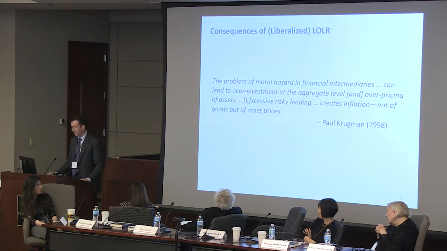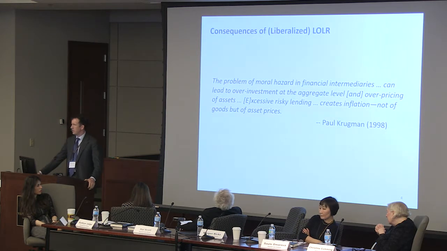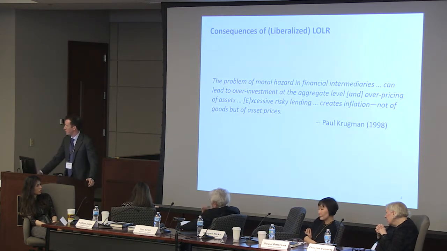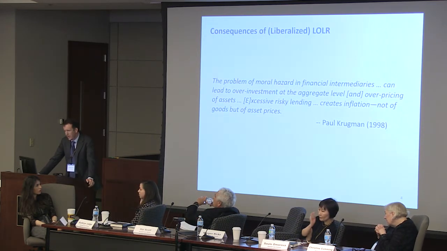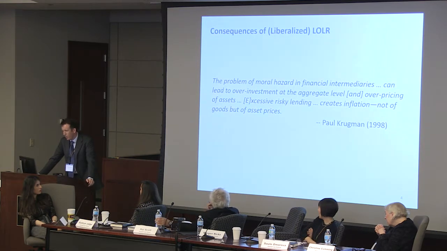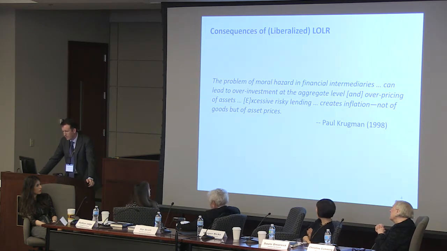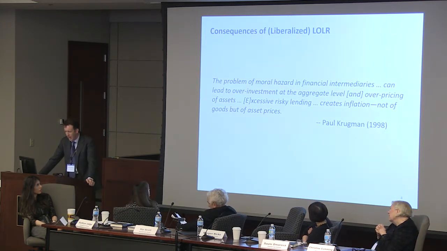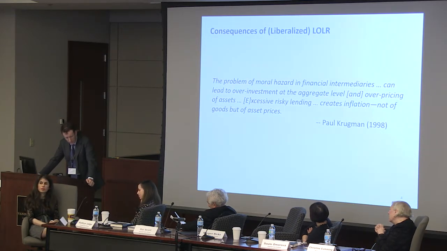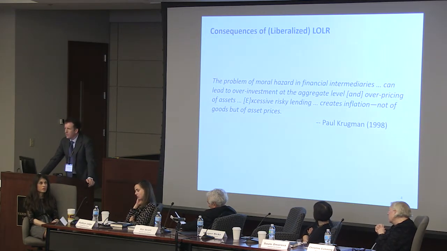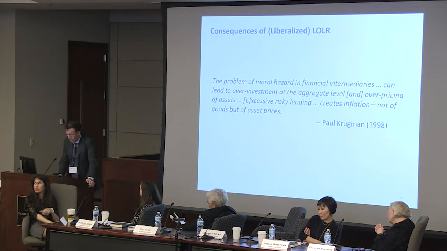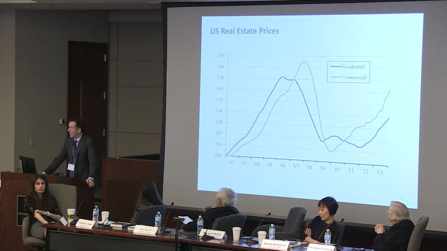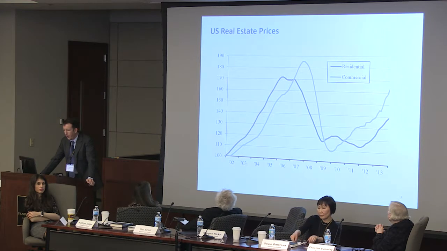Paul Krugman in '98 was writing about the Southeast Asia financial crisis, as Simon was and many others. And he was also looking still at Japan in the late 80s and early 90s. And he developed a model in which the problem of moral hazard in financial intermediaries can lead to overinvestment at the aggregate level and overpricing of assets. Excessive risky lending creates inflation, not of goods, but of asset prices. So it doesn't take too much imagination to apply this lens to the recent crisis. Maybe moral hazard had something to do with the asset price dynamics that we saw in the run-up to the